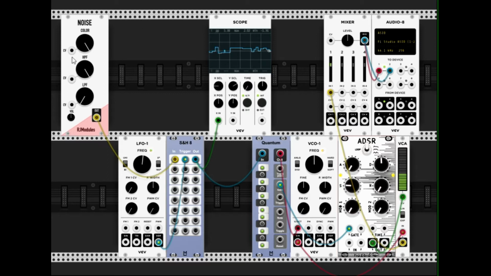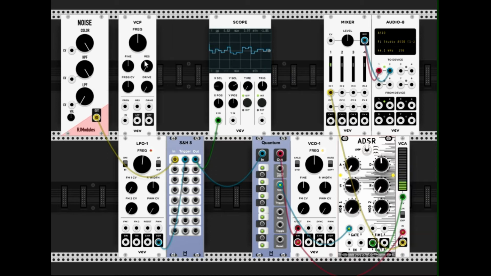This noise generator is equipped with filters, low pass filter and high pass filter, but a lot of noise generators aren't, and so I insert an external VCF in the patch. And I use the low pass filter,